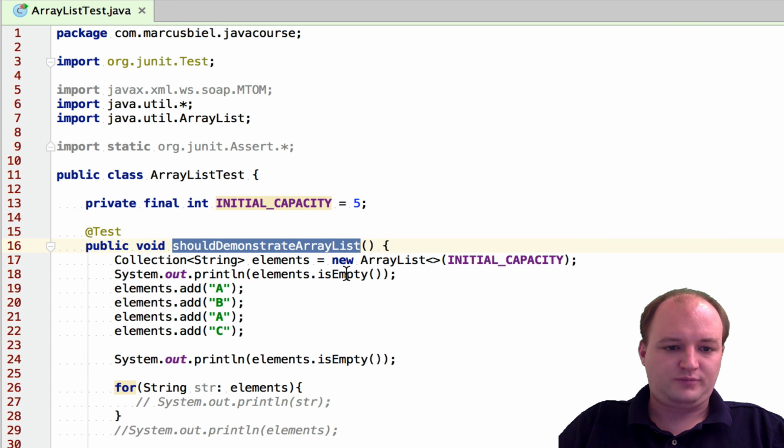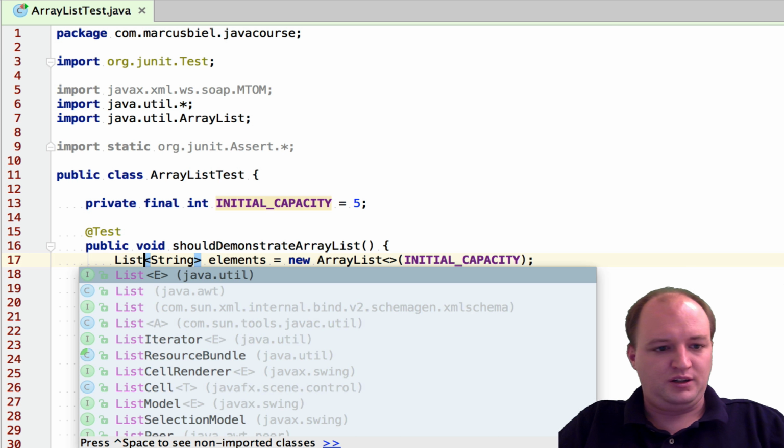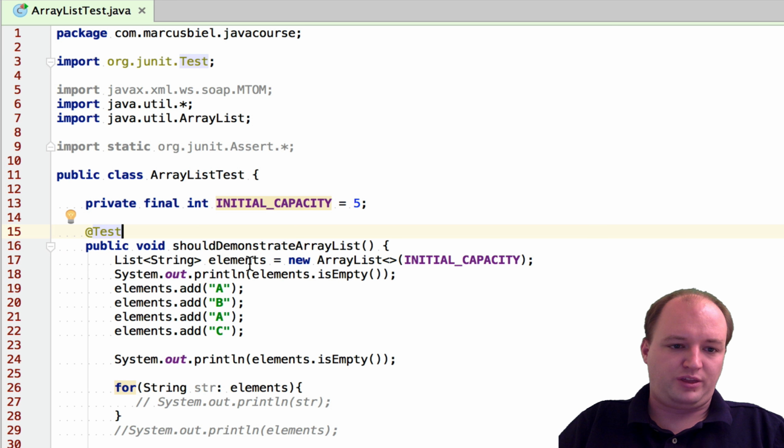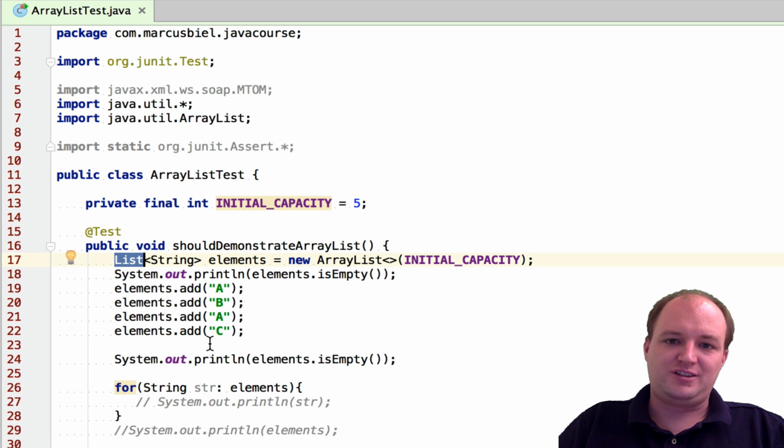Okay, so let's now switch over to the list interface and play a bit around with that. You see, I now have a reference variable of type list, and I can use all the methods exactly like I used them before, because the list interface extends the collection interface, so it includes all the methods that the collection interface has.